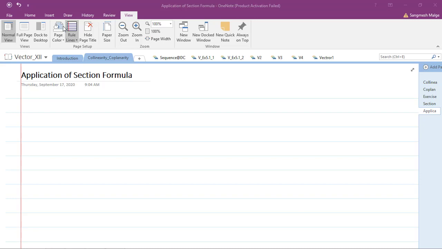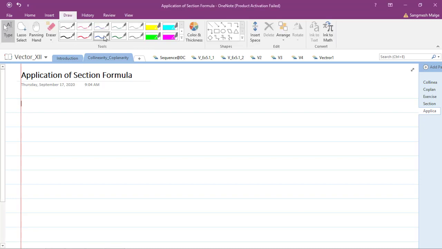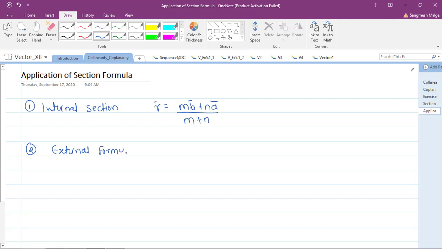Hello friends, welcome back. In the last video we have seen the section formula. So let's revise. The first is the internal section formula, which is R bar equals (MB bar plus NA bar) upon M plus N, and the second we have seen is the external section formula, which is R bar equals (MB bar minus NA bar) upon